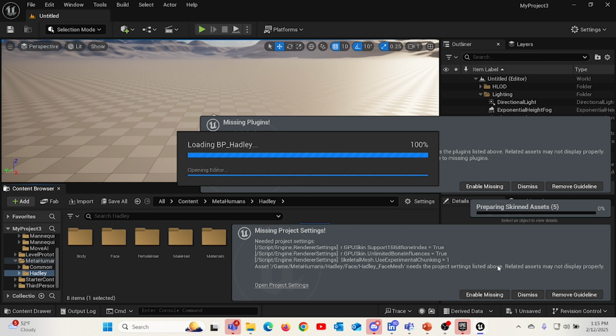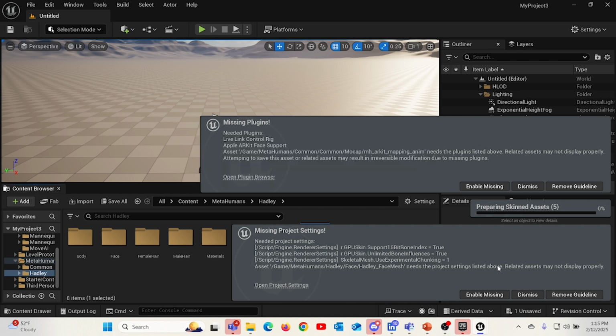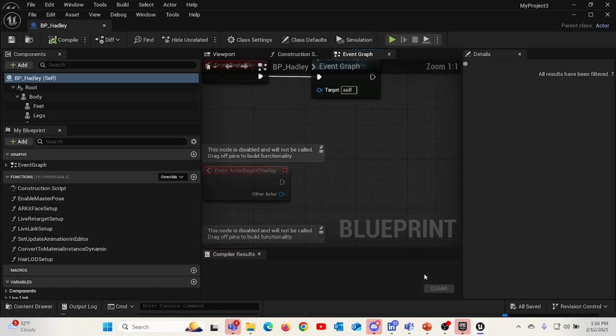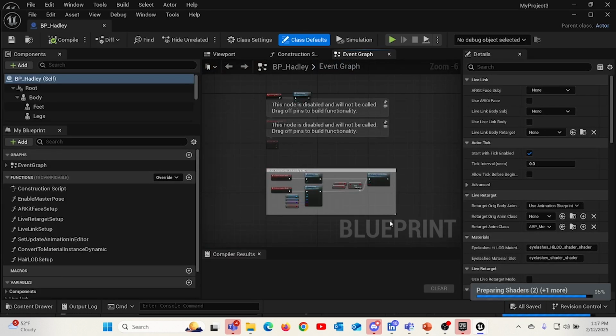Once you've done that, you can then drag your MetaHuman onto your viewport. Now, if you don't have all of those plugins applied for MetaHuman, the issue that I have found, one of the reasons why it's important to make sure all your plugins are up to date, is because if you don't, when you drag your MetaHuman onto the viewport,